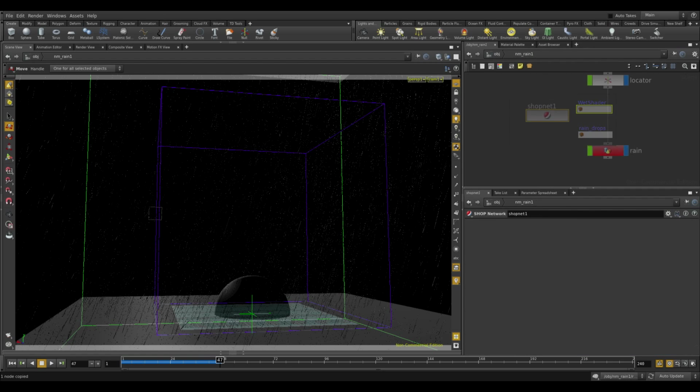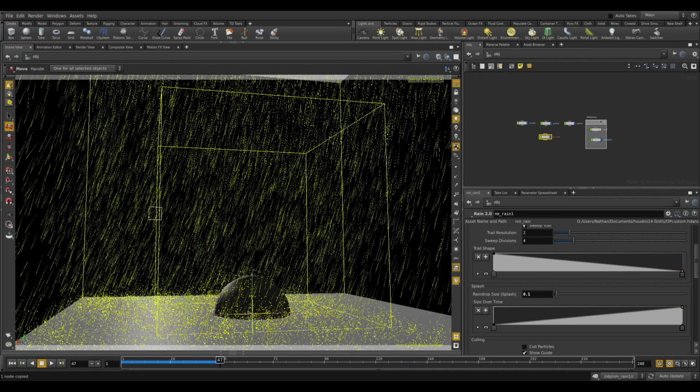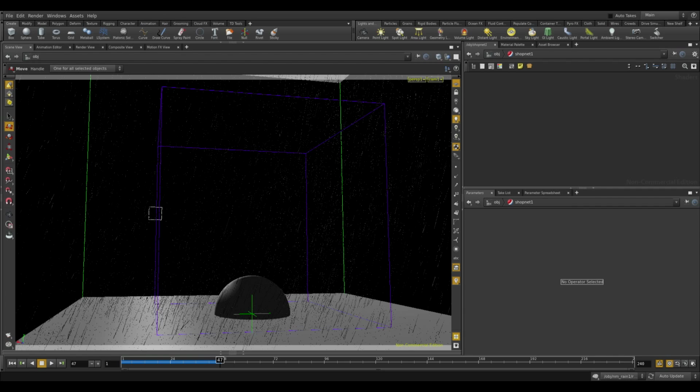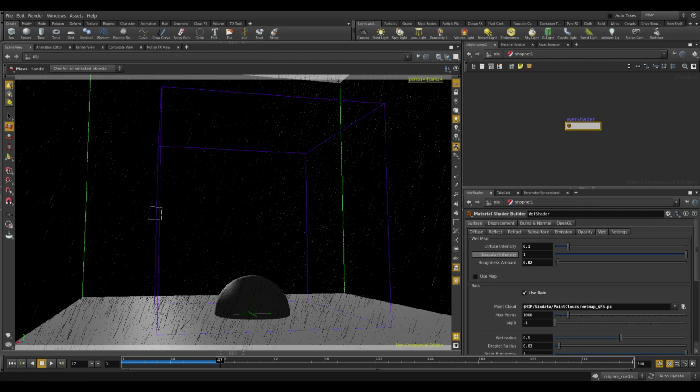copy that out of here and create a shopnet here at the top of the scene just to make things a little bit more convenient, and I'll paste it in there. There we go, wet shader. And as you can see, our wet shader is basically a standard Houdini material shader, except for the inclusion of